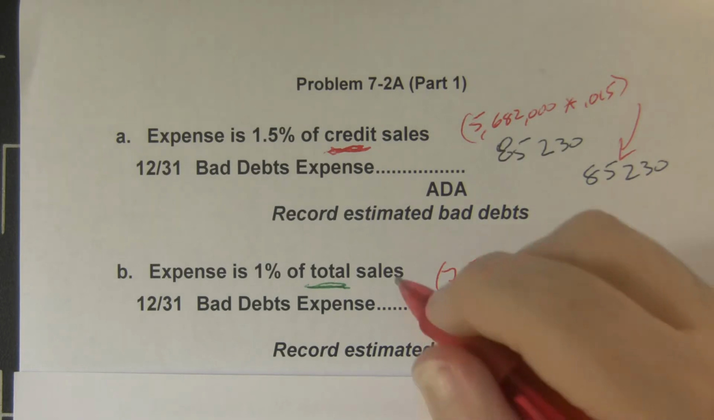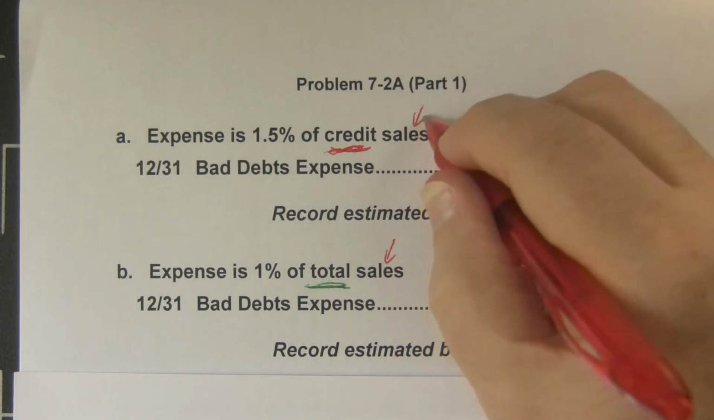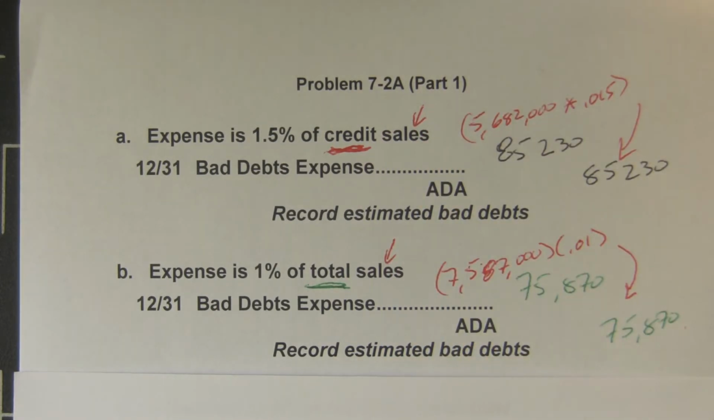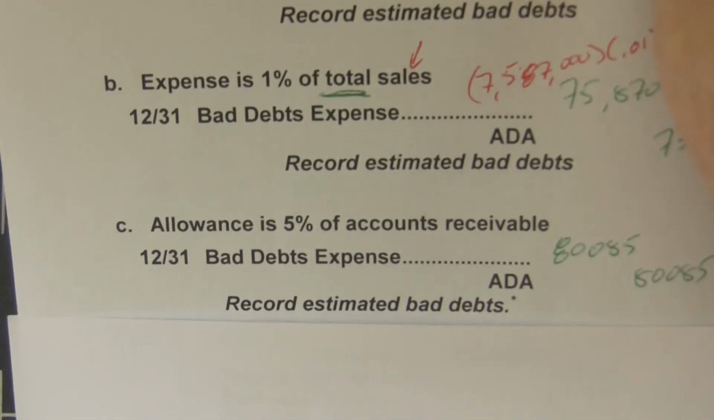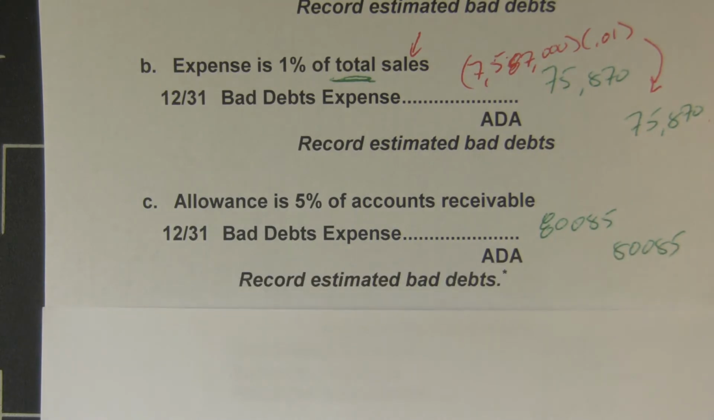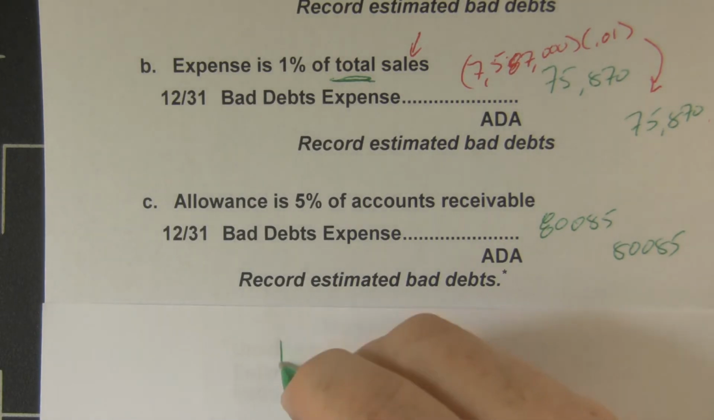Now both of these have been sales methods. Both of these have focused on sales, not on accounts receivable. The next method is different. The next method says assume that there's 5% of accounts receivable will go bad. So I need you to see what we're looking at here. They're saying that 5% of accounts receivable, and accounts receivable is